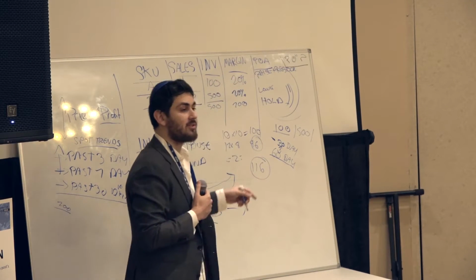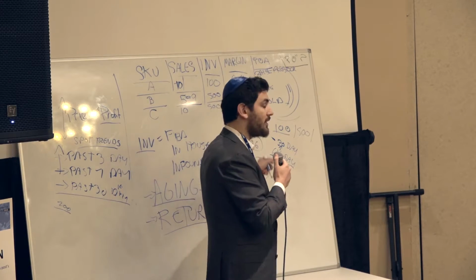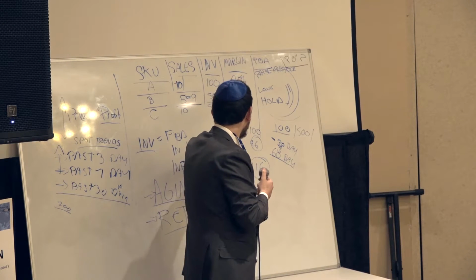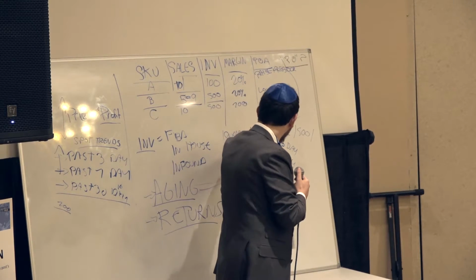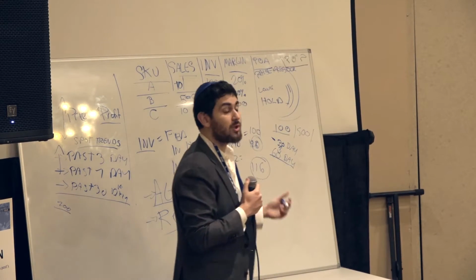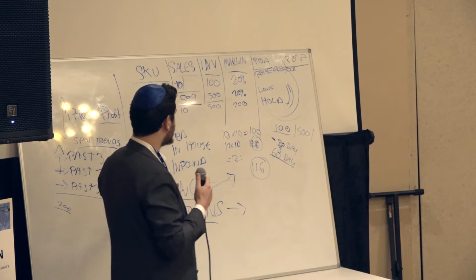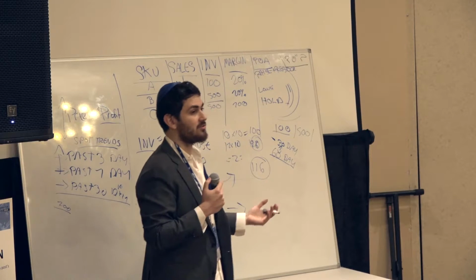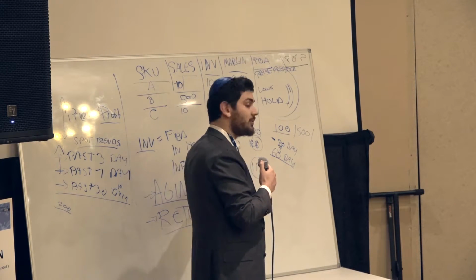So let's use the same example. You bought 10 products for 10 bucks each, so you spent $100. Now in this scenario, let's say you sold all 10 for 12 bucks, so now you have $120. But what happened? Two came back. Two customers, for whatever reason, decided, I'm not interested, I don't like this shirt, it doesn't fit me, I'm sending it back. So the first thing is you have to pay for return shipping,